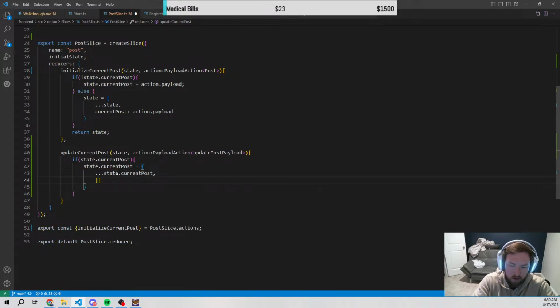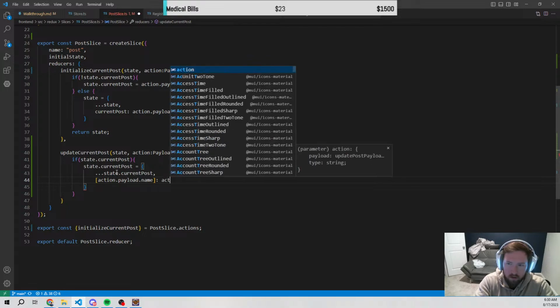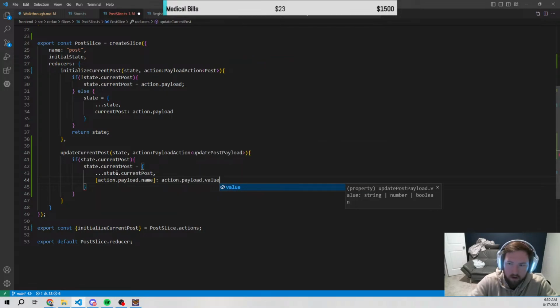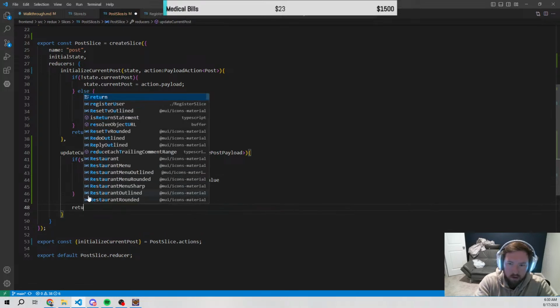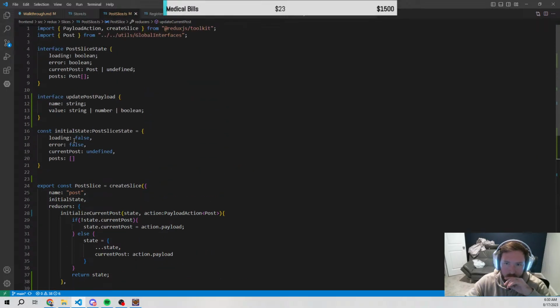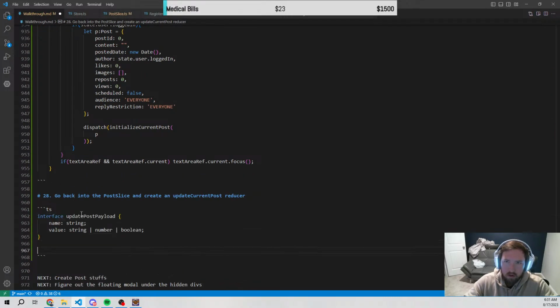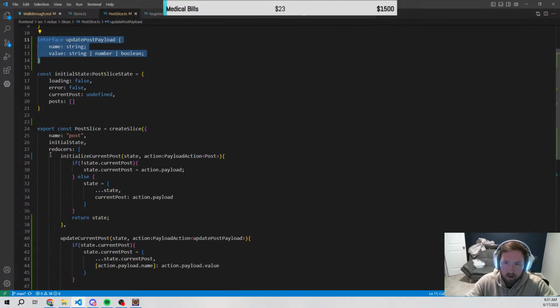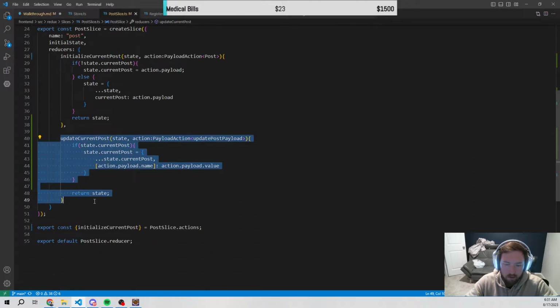And then we'll have our action.payload.name going to be equal to action.payload.value. Then we need to return the state. So if we try to update the current post before we actually do anything, it's not going to be able to do anything basically, and we'll just return the state and it'll ignore it. So we're going to go ahead and try this out. See what happens. We'll slice, grab the update current post,